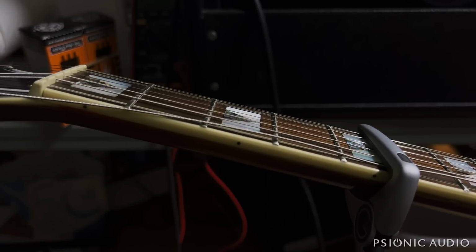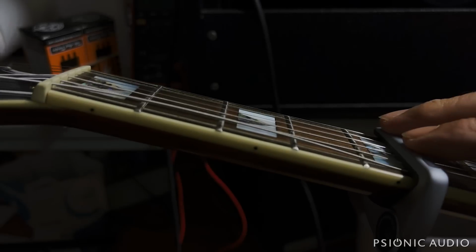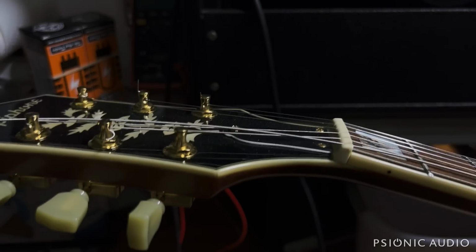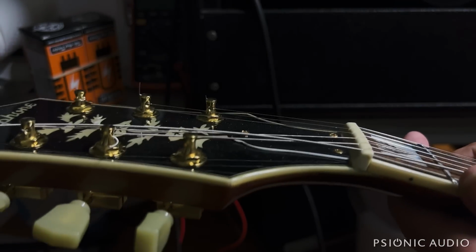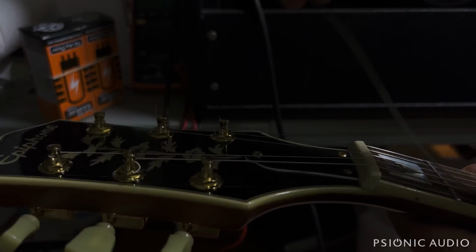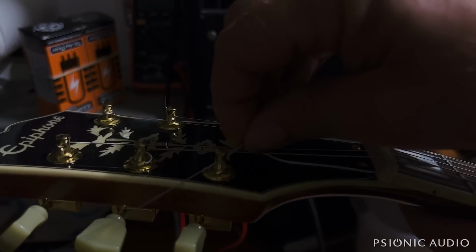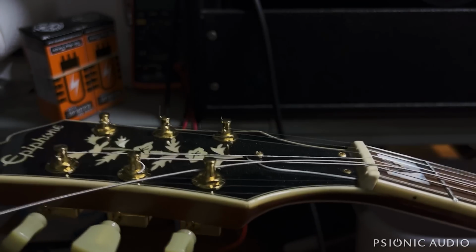Alright, here I've got the new string ball end down in the trapeze. I've got a capo at the 5th fret, so this side of the string doesn't really want to move, and I can do this side. Now, on a through-hole post like this, I don't find on the wound strings that you get any real benefit from doing a full locking wrap. I'll show you what I mean on a plain string, but on the wound strings, I find that it's much better not to try to do a full